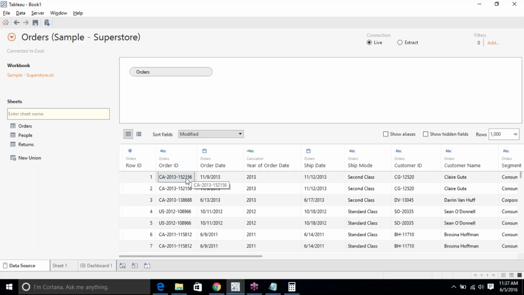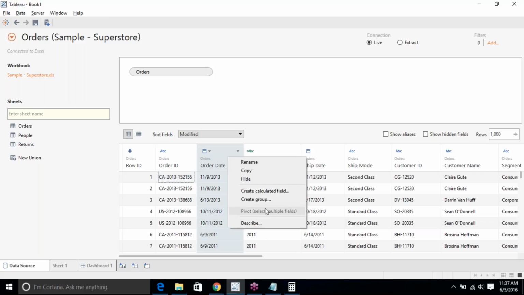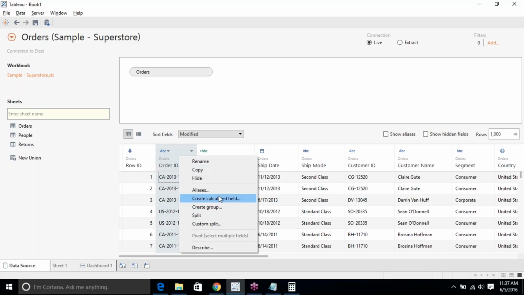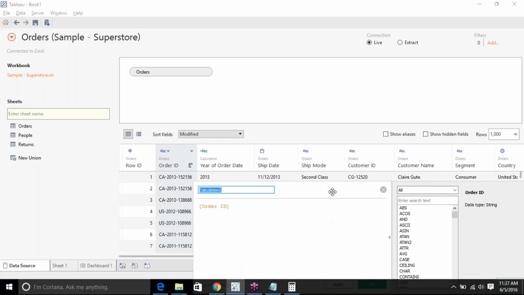And then we have a unique ID. So if this column was not there and someone asked you to extract all the 2013 orders, what can you do? You can basically split it or create a calculated field,